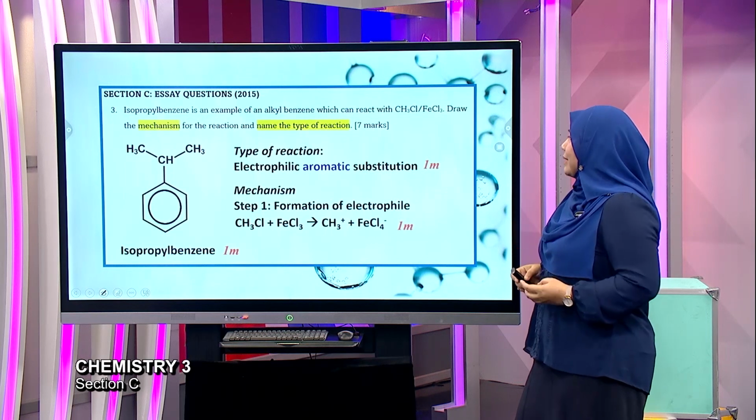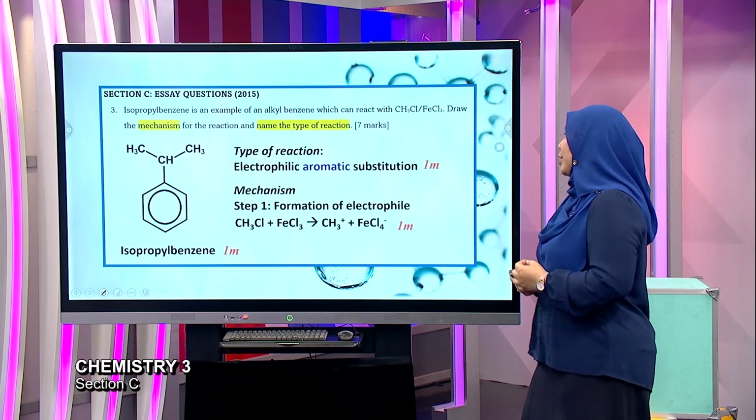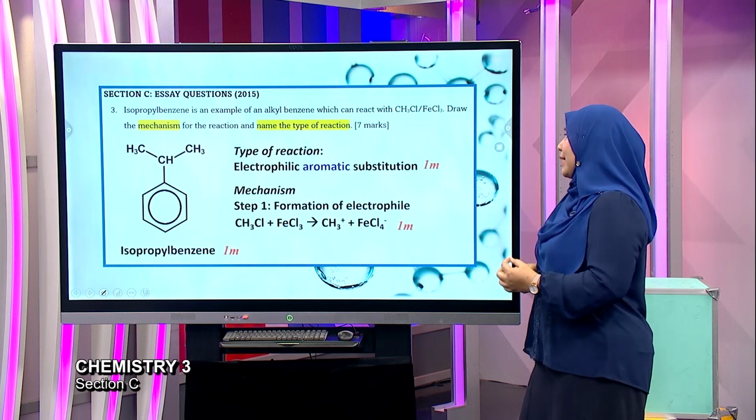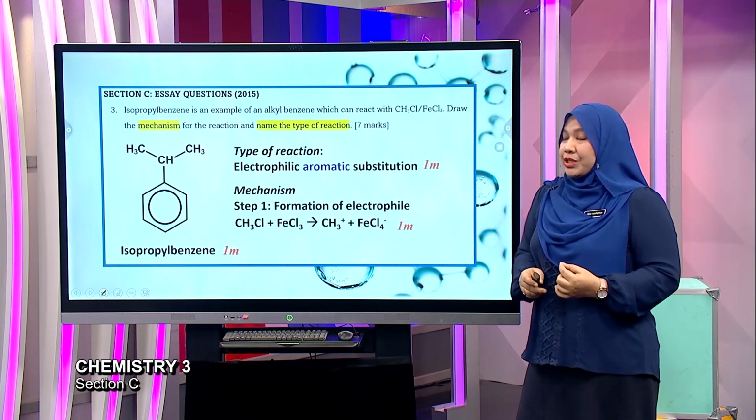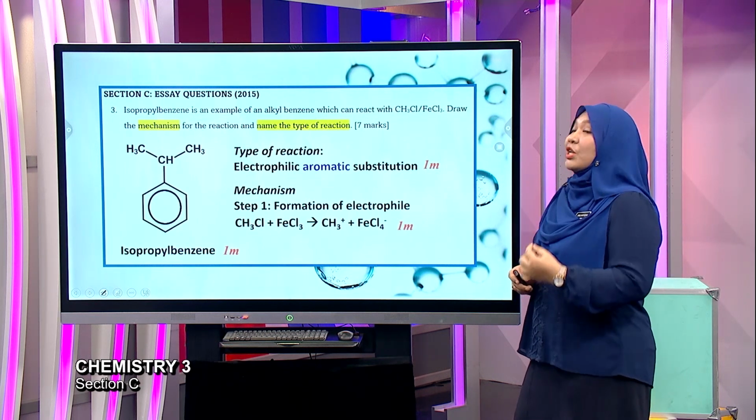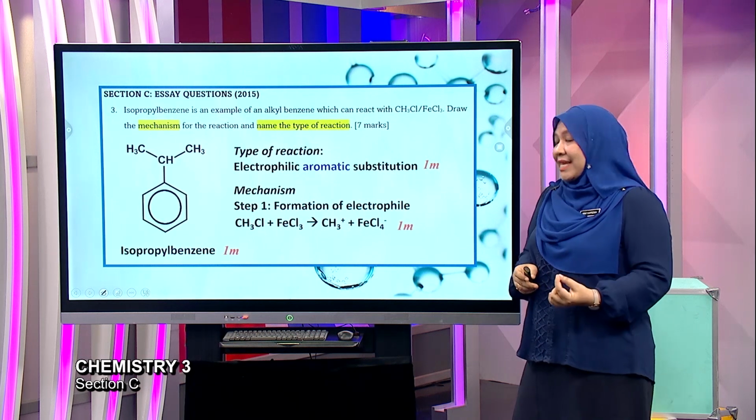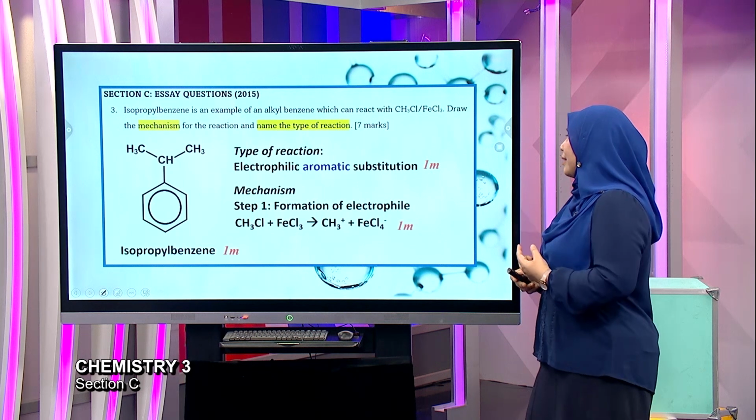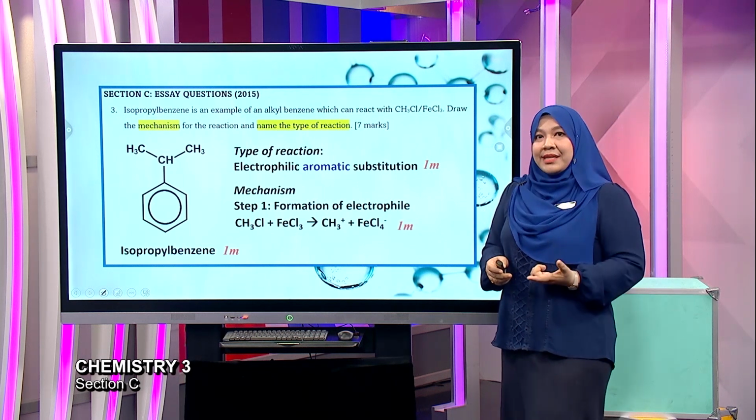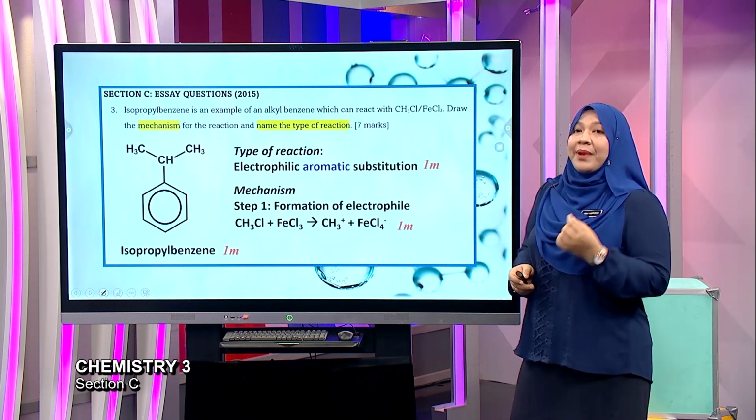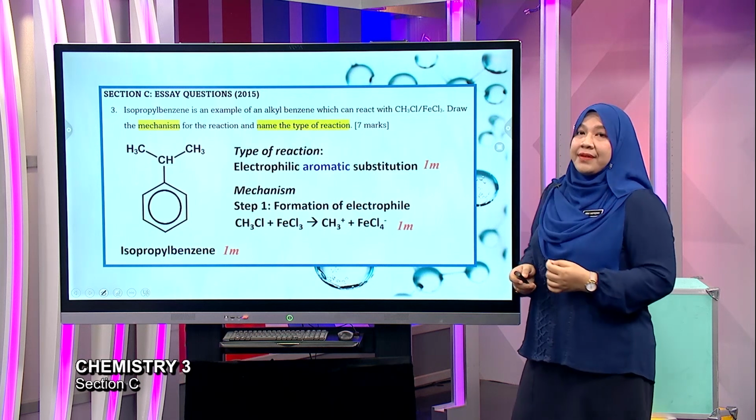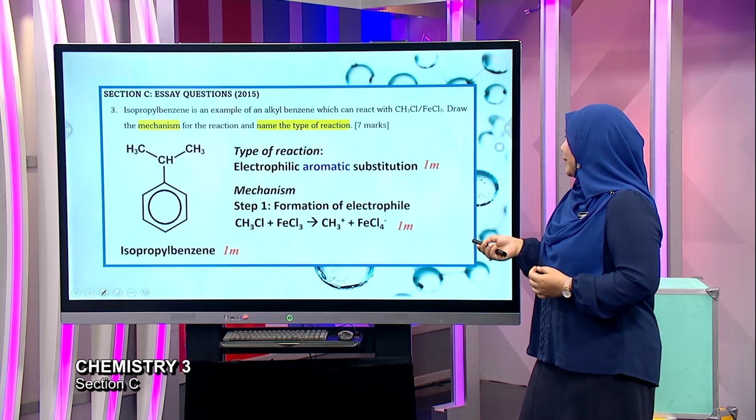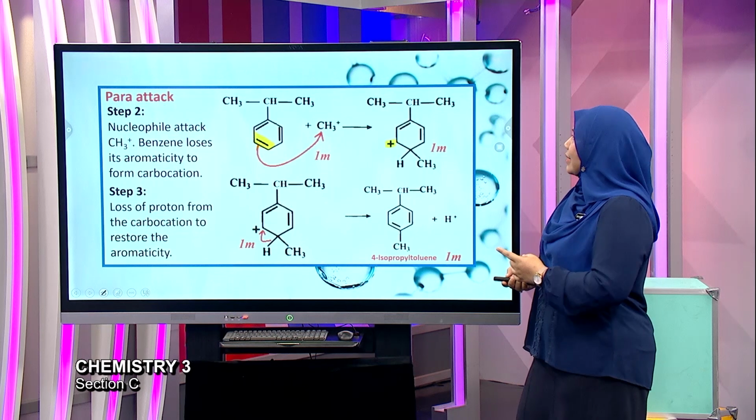And then for the mechanism, the first step is formation of electrophile. This is in a chemical equation where you react chloromethane with the halogen carrier FeCl3 to get the electrophile, which is CH3+, and the other one is FeCl4-. That is 1 mark. And then the next step is you have to draw the